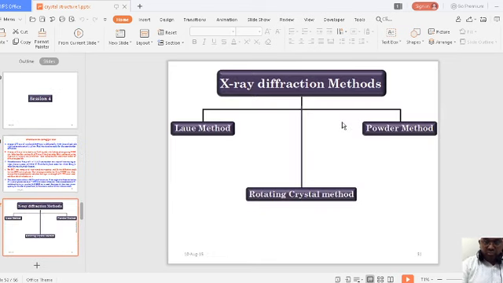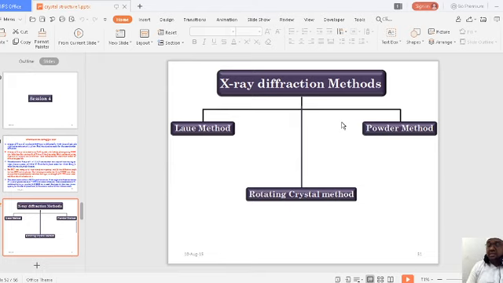Now specifically we are going for different diffraction methods, X-ray diffraction. Till now we studied the meaning of diffraction and the condition for which we can go for diffraction. Why do we need to understand this diffraction? Because we want to know the concentration of atoms, where we can find more concentration of atoms. How can we know this? When you send incident rays, X-rays. Here particularly we are talking about X-rays, right?